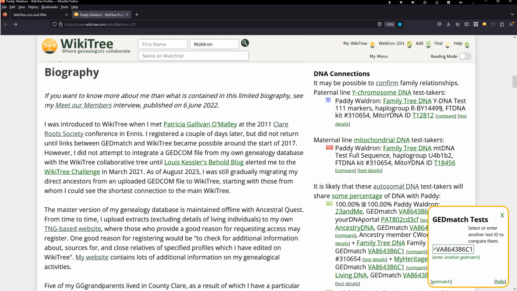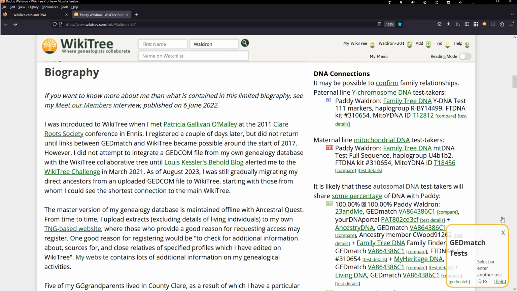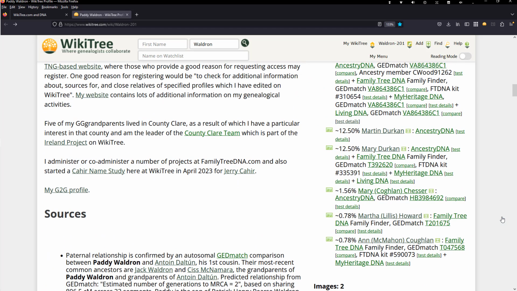Well, I should go to somebody else's profile before I do that, because that's just going to compare me with myself, which is very helpful. That's not the right profile to do that on. And there are all the other cousins, some living, one deceased, who I have persuaded to sign up and add their DNA test. So you can tell 12.5% they're first cousins, 1.56% is half second cousin, 0.78% is a third cousin,